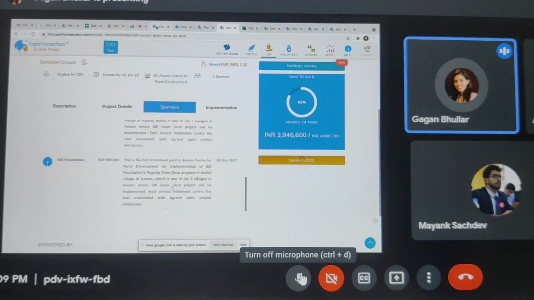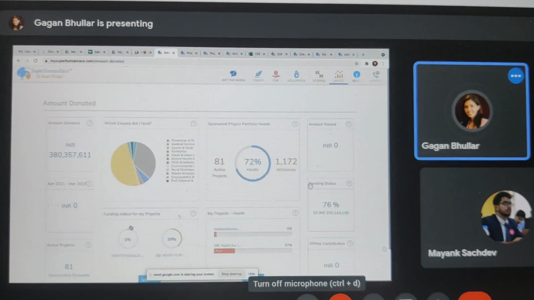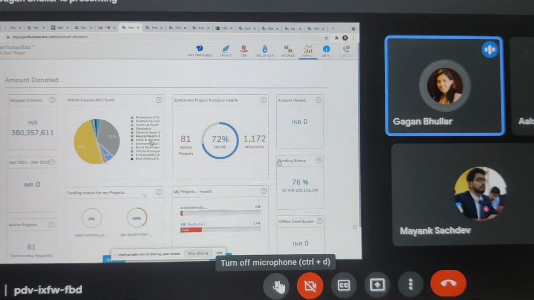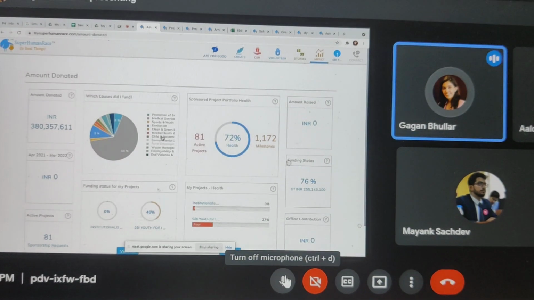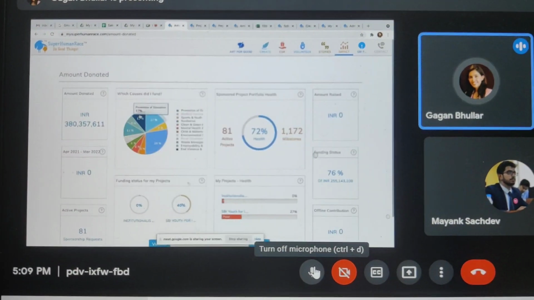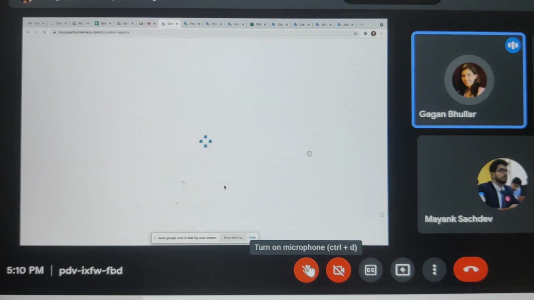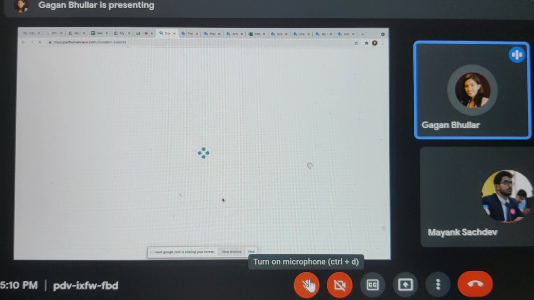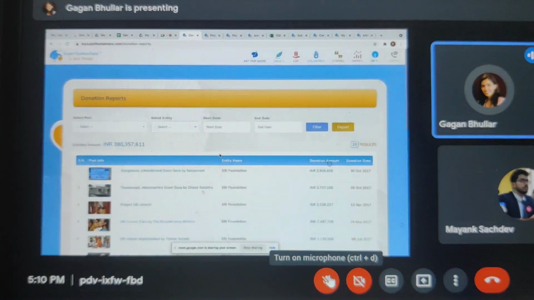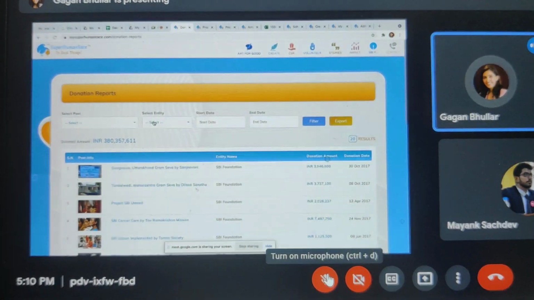And then it also connects with, so if I go to amount donated, this page gets rendered, which has all of my categories against which I've spent, and I can select the categories that I want to see the percentage of spending for and so on. It also has a report here, which I can export. I can also filter by any period: what was the dispersal that happened in the last month, in the last week, in the last year, last financial year.